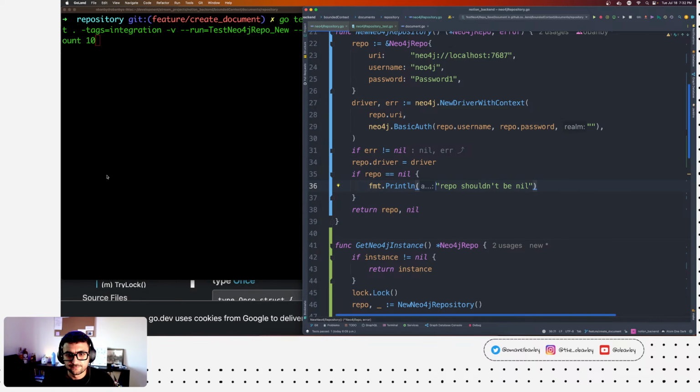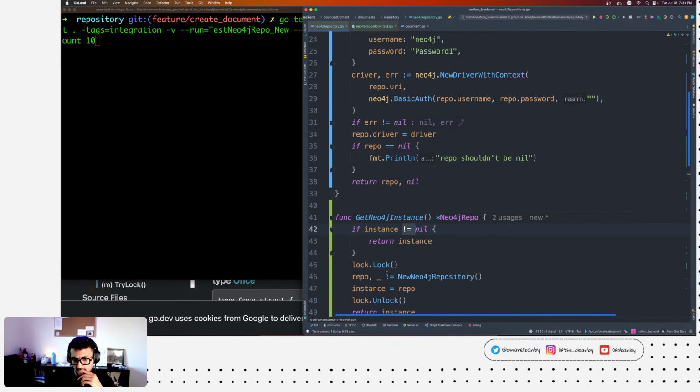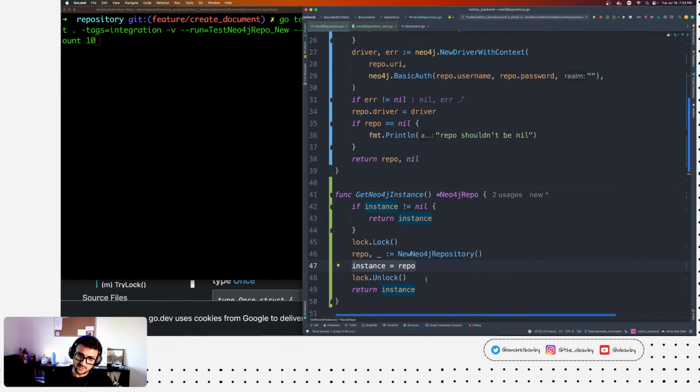Alright, so let's think about this a bit more. Well, what about this, right? So my understanding of the lock, though, is that something has to happen atomically, meaning that it cannot stop in the middle, right?